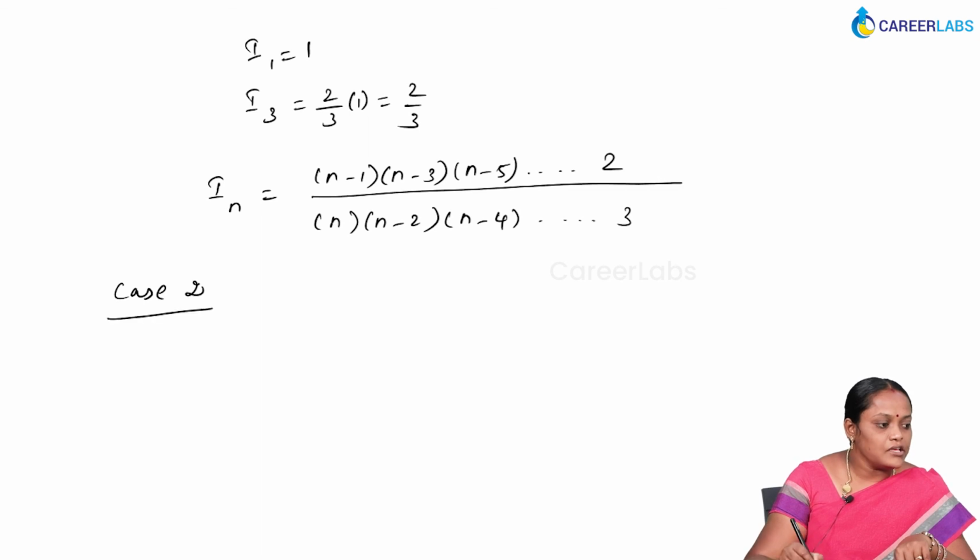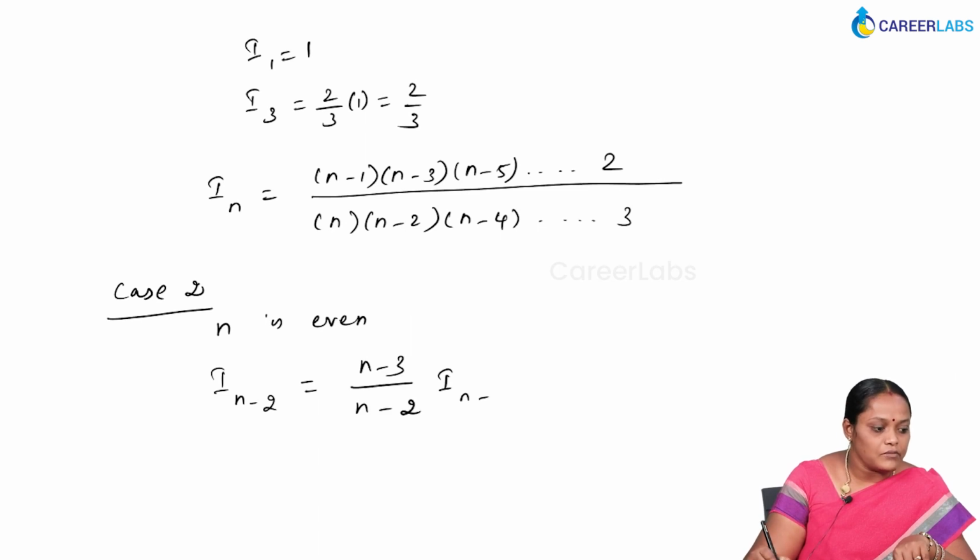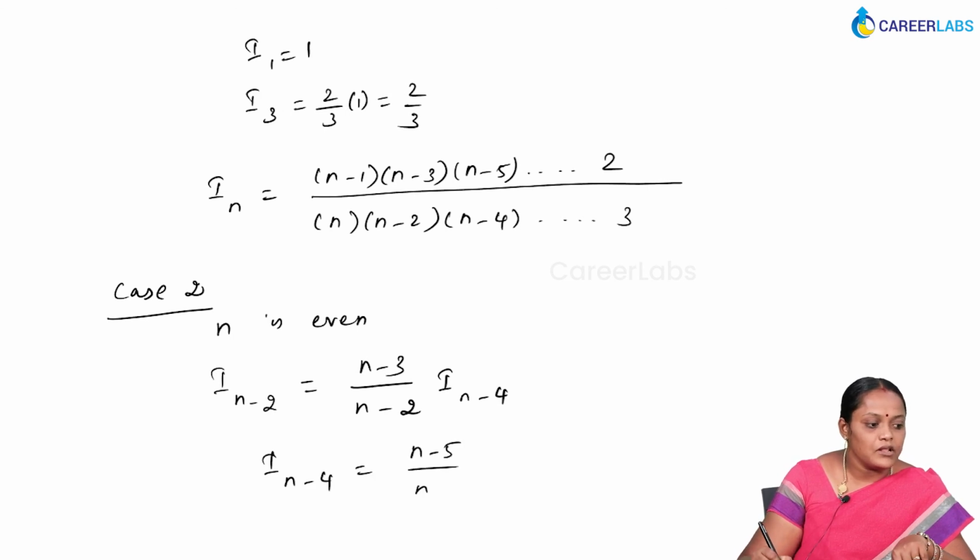In case 2, we are going to take n as even. When you fix n as even, let us write what is I n minus 2. I n minus 2 is nothing but n minus 3 by n minus 2 into I n minus 4, and I n minus 4 is equal to n minus 5 by n minus 4 into I n minus 6, and